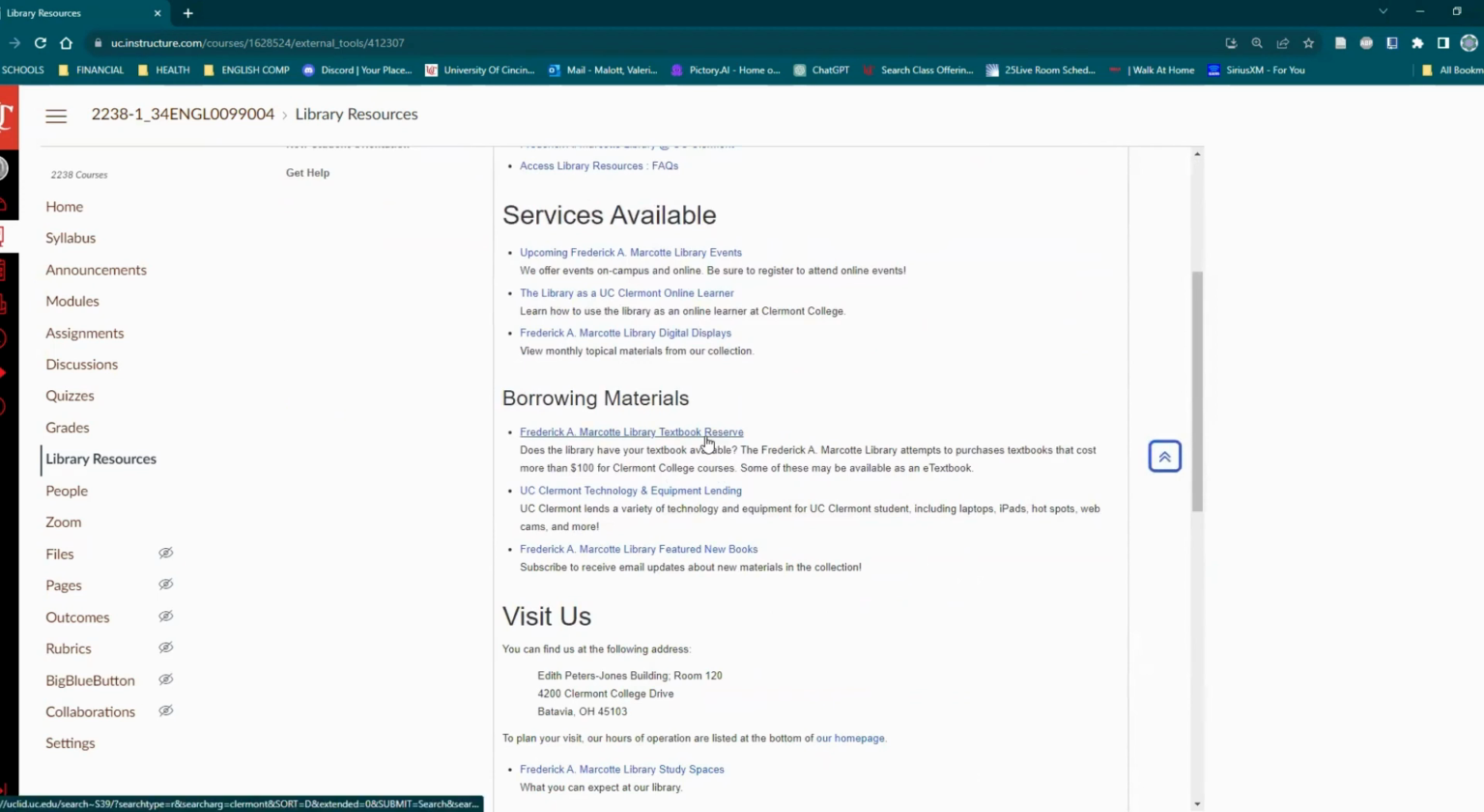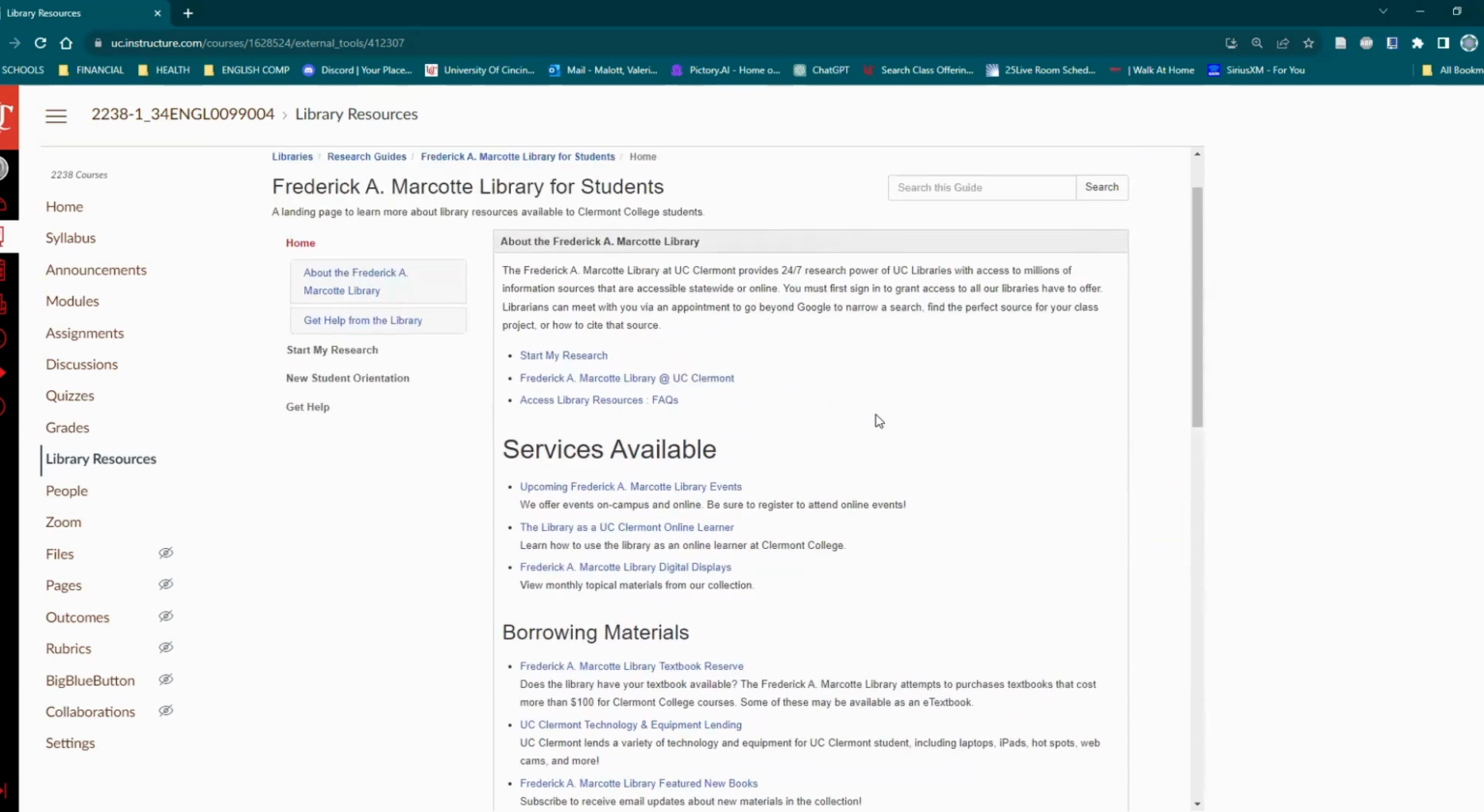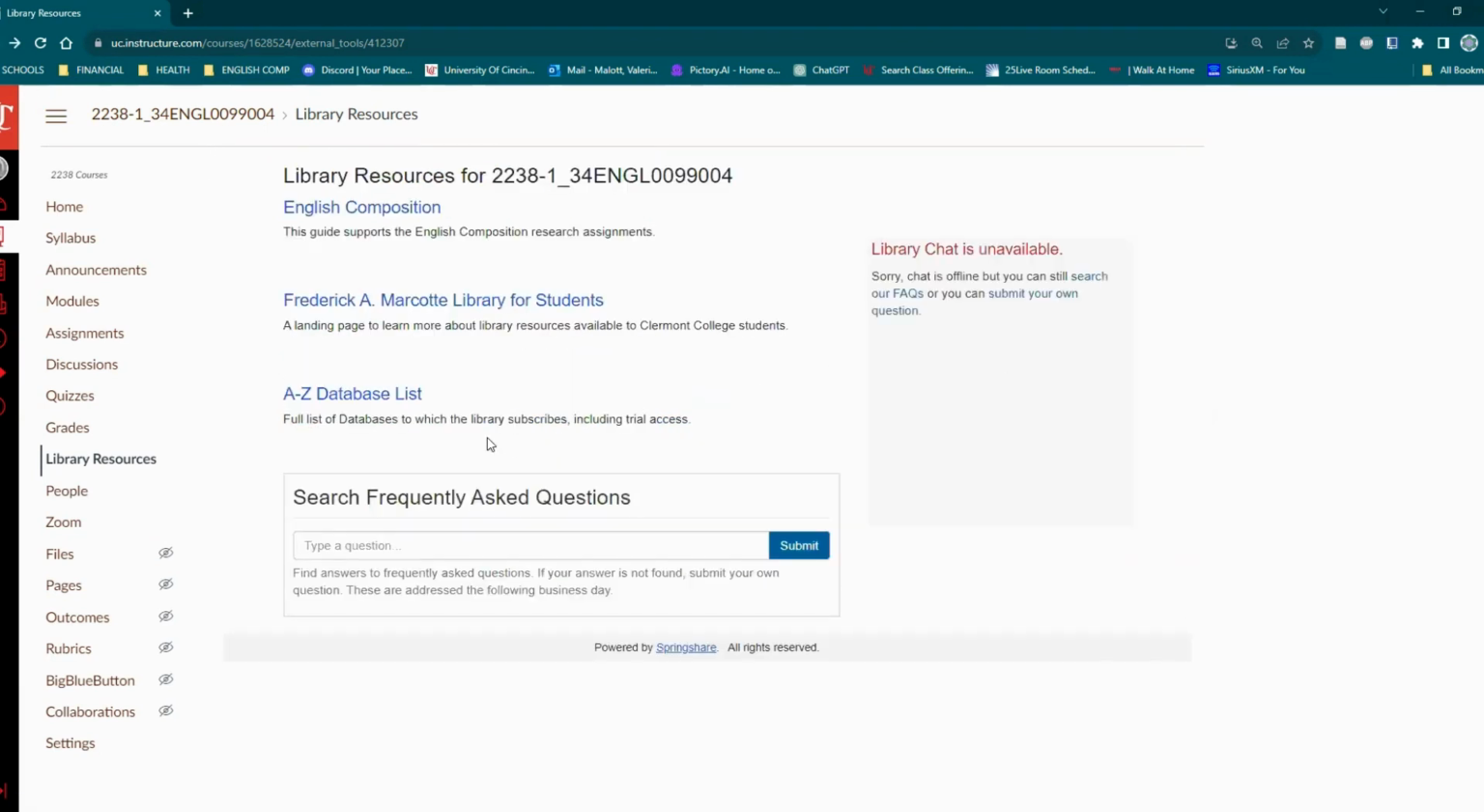Even if you're at a distance, you can still borrow materials from the library. Just look for information on how to get the materials to you at a distance. But I think most of the things that you need are available online as digital files, so that you don't need a physical book in your hands necessarily to do your research. So just make sure to take a look at the links through here,